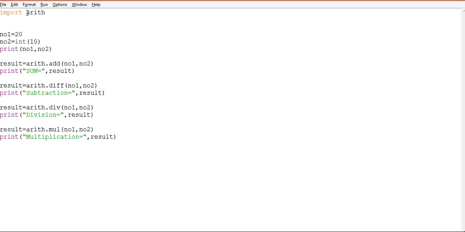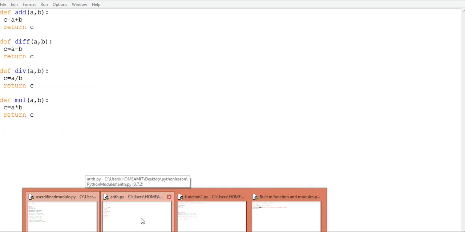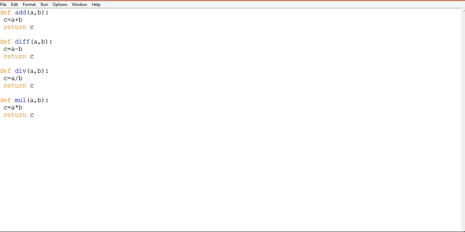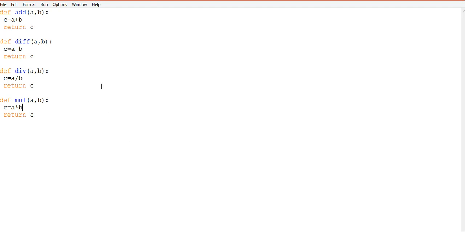Now as you can see from its name, this module is not a library module. We have created it. Where have we created it? We have created it in another file, and the name of that file is again earth, earth.py, and we are keeping this file in the same directory from where we are calling these functions. In the earth module there are those functions which we are using in our program: add, diff, and mul. In this file these four functions are returning values.